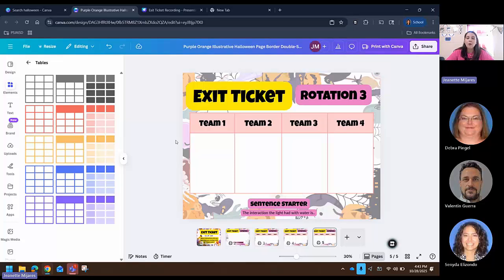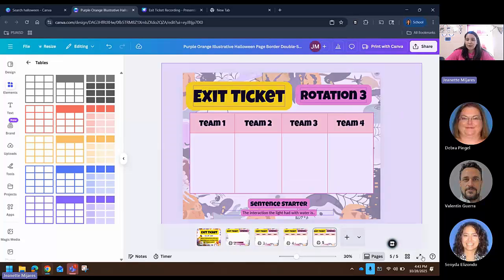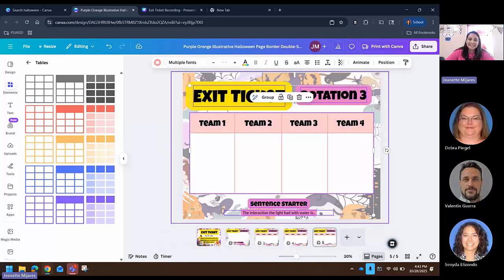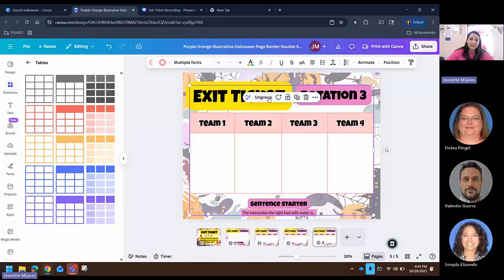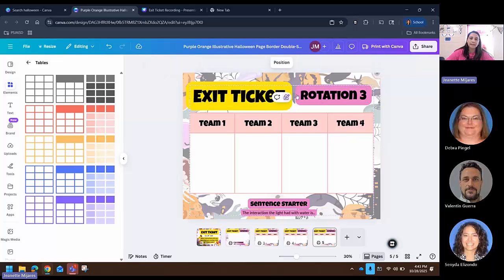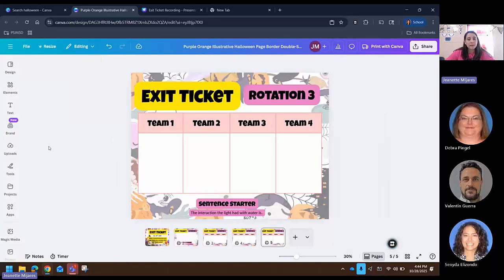The only thing that I am going to recommend is you're going to grab your mouse, click and then drag it to select everything inside. You're going to group it, and you are going to lock it. This will keep your kids from moving anything around. So now if you see I'm trying to move this stuff around, I can't. I've locked it. That way when they're inserting their videos, they don't accidentally move them, because it can happen,